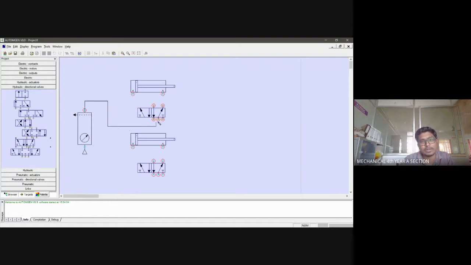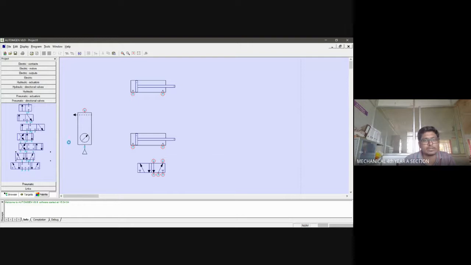You can see that here. Okay, can you see the cursor changing? See, from the pen option, it has changed to a cross option. So it is not possible to connect a pneumatic system with a hydraulic system. So care should be taken when you are selecting the pneumatic system.